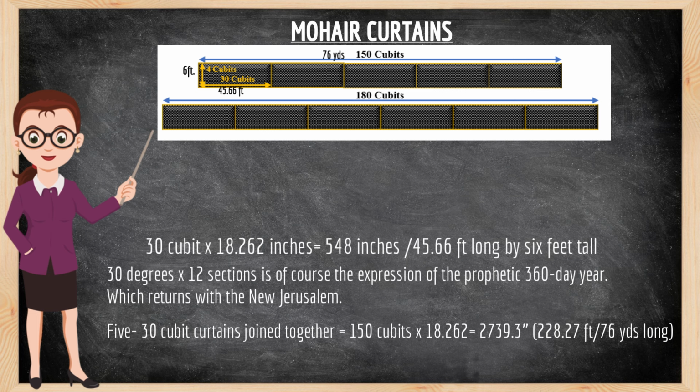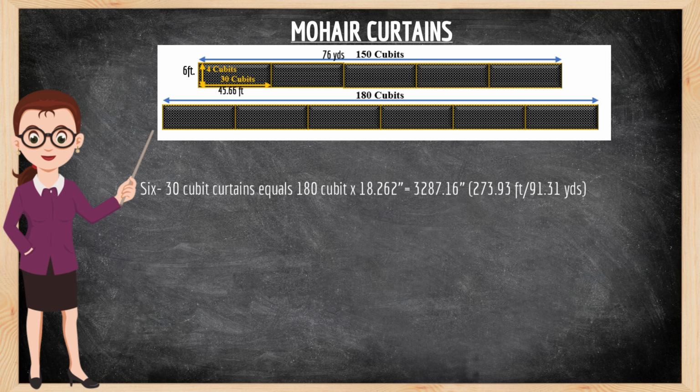So 30 degrees times 12 sections is, of course, the expression of the prophetic 360-day year, which returns with New Jerusalem. 6 30-cubit curtains equals 180 cubits times 18.262 inches equals